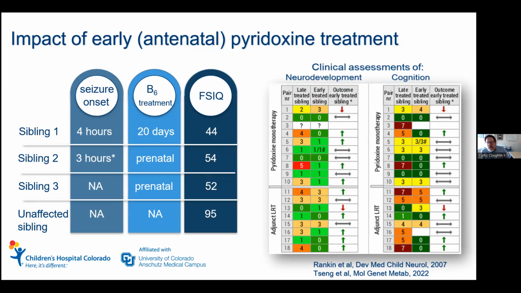Child number 2 was born. They were treated prenatally with B6. Mom was. They actually stopped B6 as it got close to birth. The child had their very first seizure at 3 hours, immediately put back on B6. So 1 seizure. And then the third child, where they were treated antenatally with B6 and just continued on B6 after delivery, never had a seizure, never had EEG evidence of PDE, and the diagnosis was based on the familial